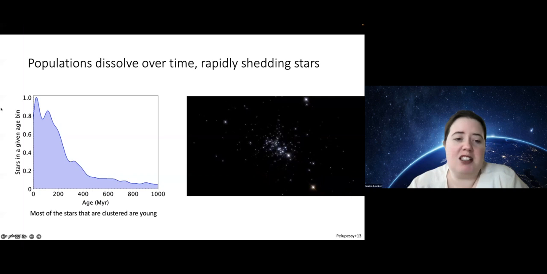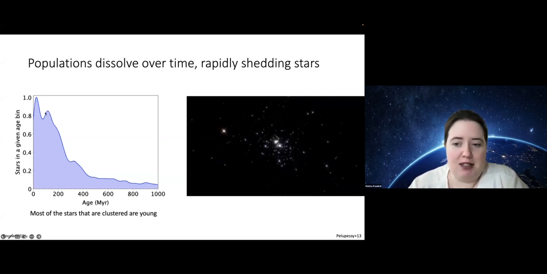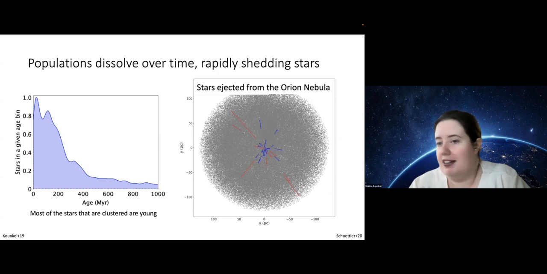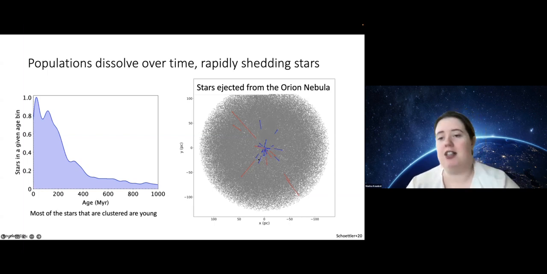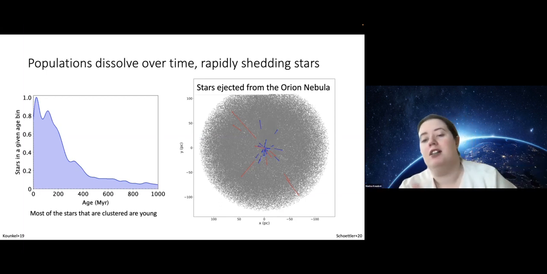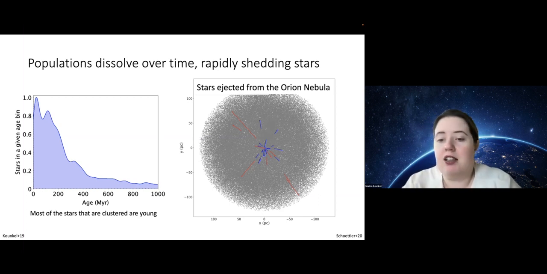And in fact, even the youngest clusters aren't really free from this. Some stars are very eager to leave their nests, and some do it much more violently than others. For example, here's a couple of stars that have been ejected outwards from the Orion Nebula, which is a very young cluster with an age of just a few million years. And these stars have been ejected through dynamical interactions, traveling with speeds of several tens of kilometers per second. And you can't really recover these stars through clustering anymore, because by definition, they are no longer sharing the same velocity as their parent cluster.